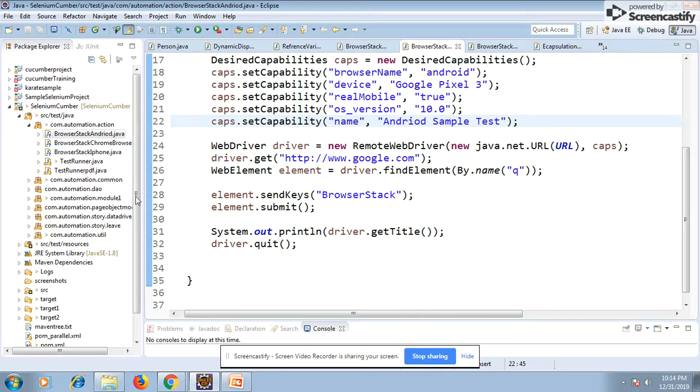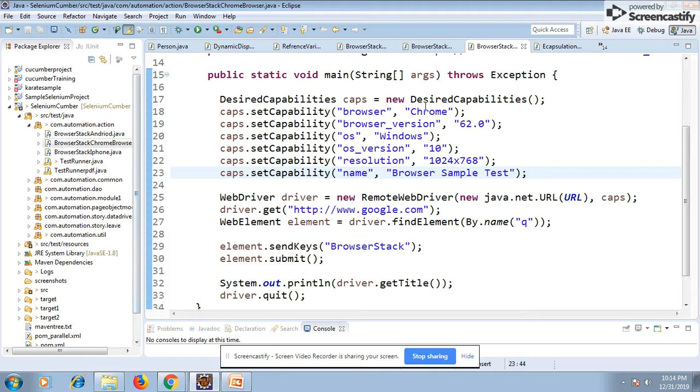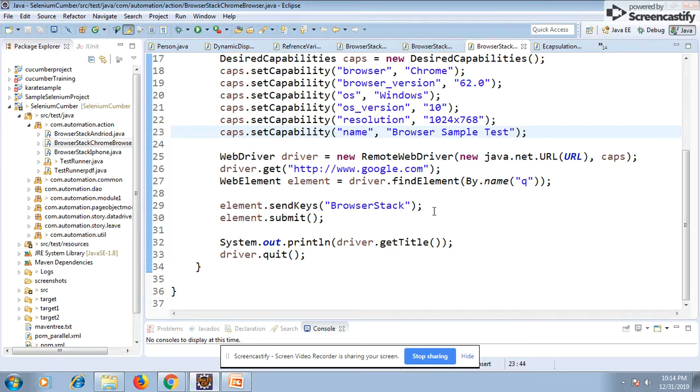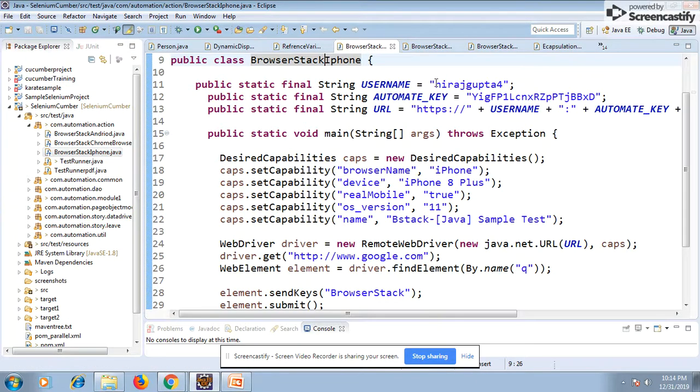Similar to that, if you go into Chrome browser version 62, the OS is Windows. The version of Windows is 10. Which resolution you want to execute on? Resolution is very important, because nowadays applications are developed to adjust to the resolutions automatically. So this is the resolution I have given, and the same test I'm doing, going to Google, searching for the text BrowserStack, submitting that, getting the title, and then quitting the browser. Similar to that for the iPhone also,